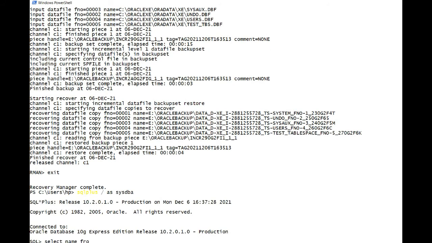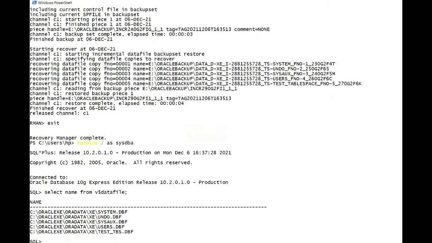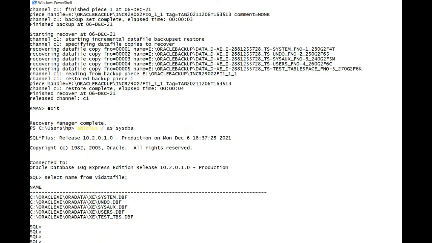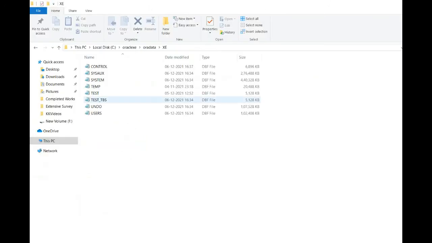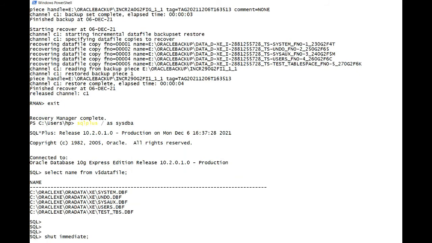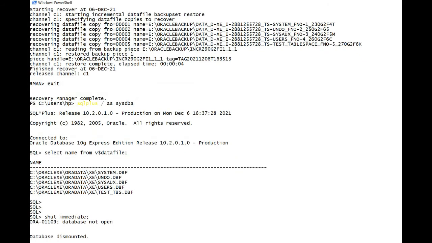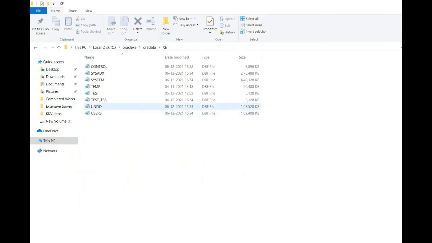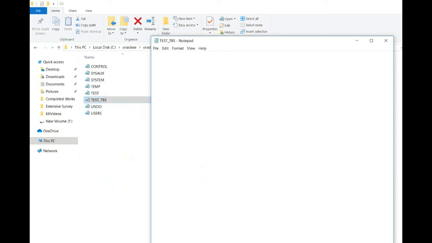So let's corrupt one of the data files. In my case, I have to corrupt the test tbs dbf, the last one. To corrupt it, I have to shut down the database, otherwise it will not allow me to corrupt it. Once it's down, let's open it here.